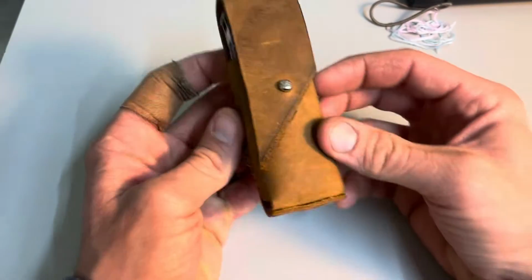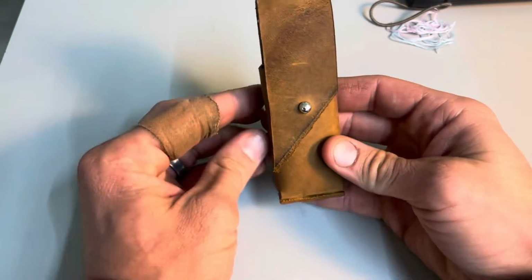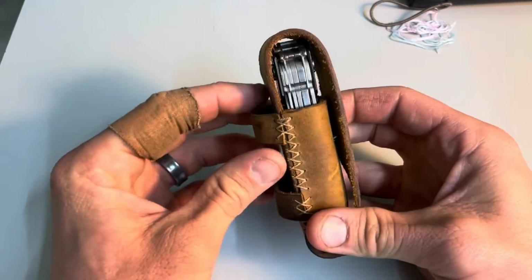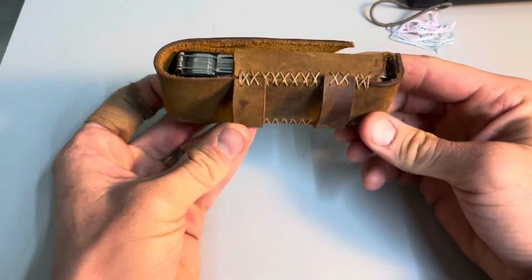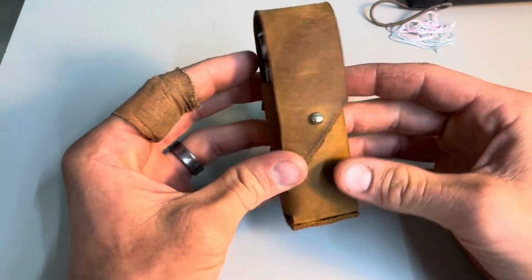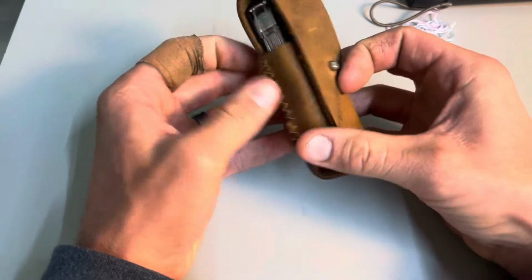I used to be able to get scraps from them, and that just happened to be the end of the scrap, and I thought, well, that looks all right. I might cut it like that, but I kind of like it. So yeah, it's just a really tight fit. It's almost too tight, but the leather will stretch a little bit. And I just didn't like the original sheath that came with it. It was just super sloppy and way bigger than it needed to be